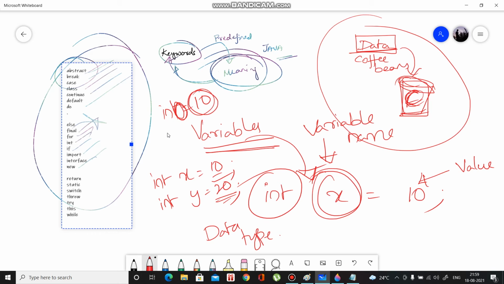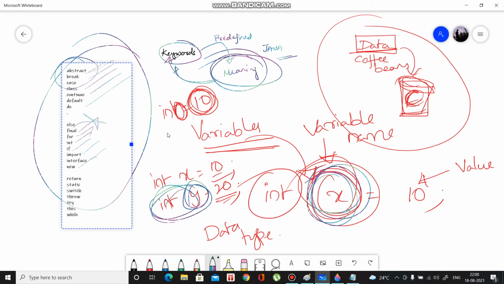From where does the compiler go and search to get this value 10? So you need a name like x. That is why x and y are known as variables, which are used to store particular data.